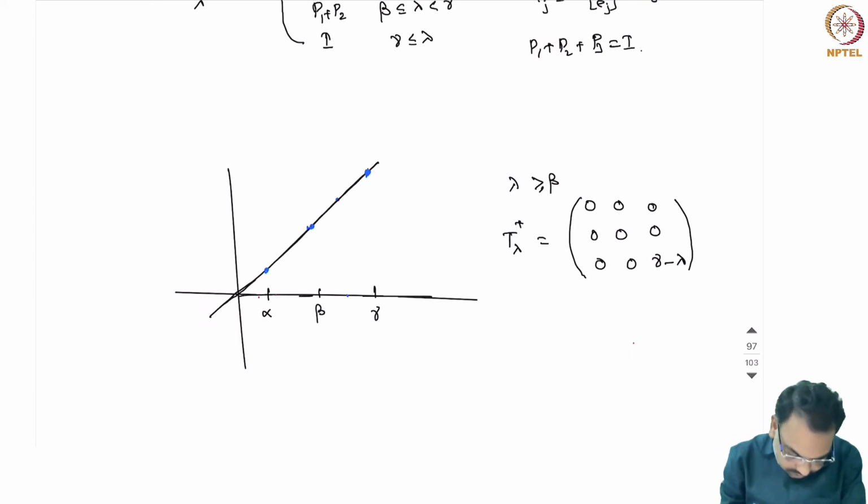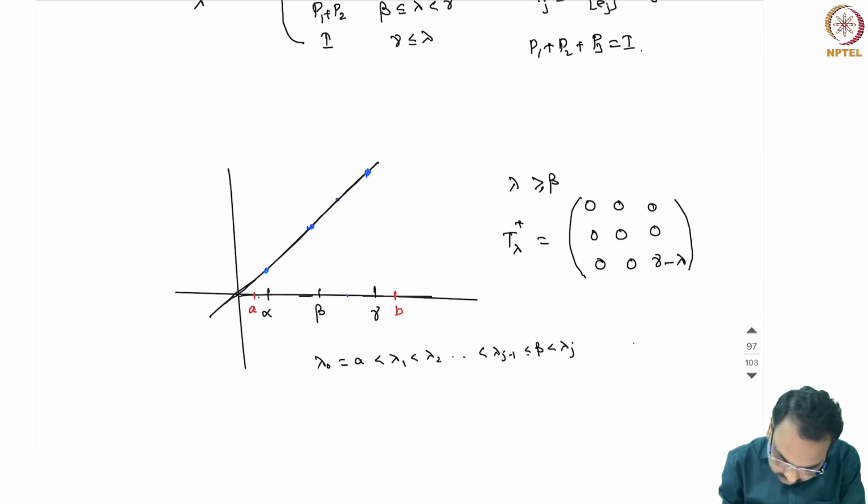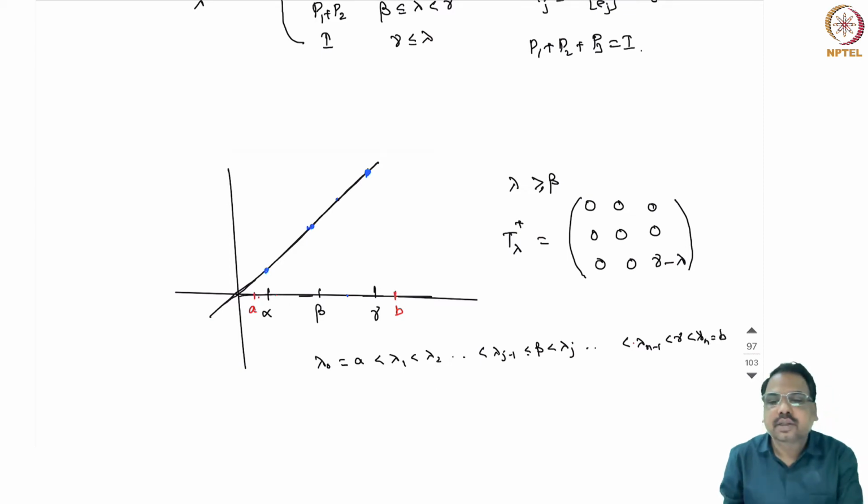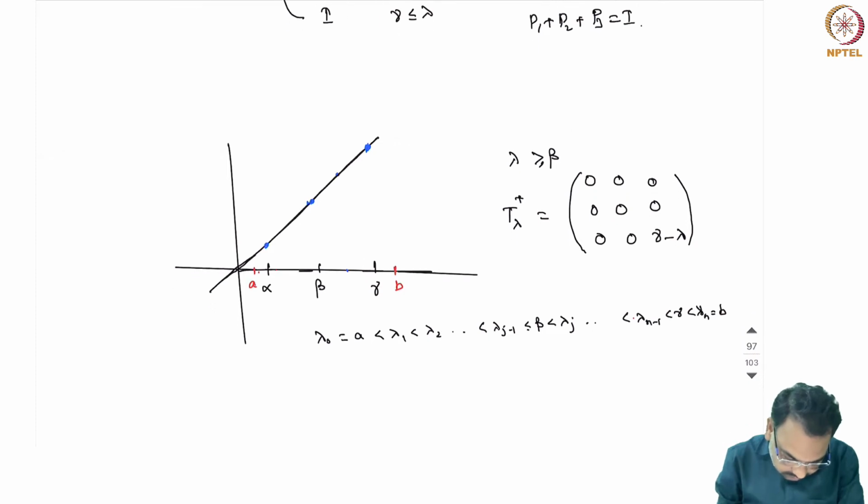We can take a partition, take A here and B here. Lambda naught is equal to A, and less than lambda 1, less than lambda 2, and so on, with lambda j minus 1 less than beta less than lambda j, and so on, lambda n minus 1 less than gamma less than lambda n, that is B. Now if you look at